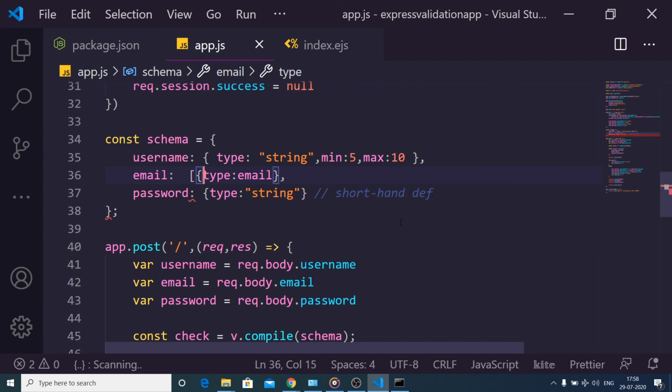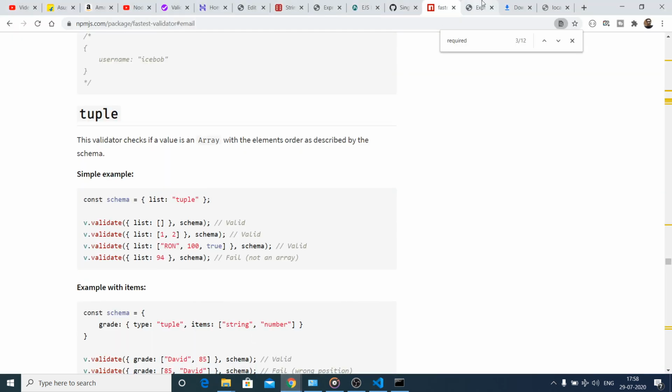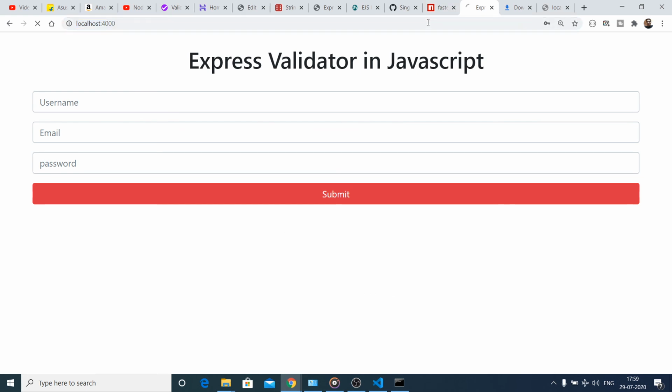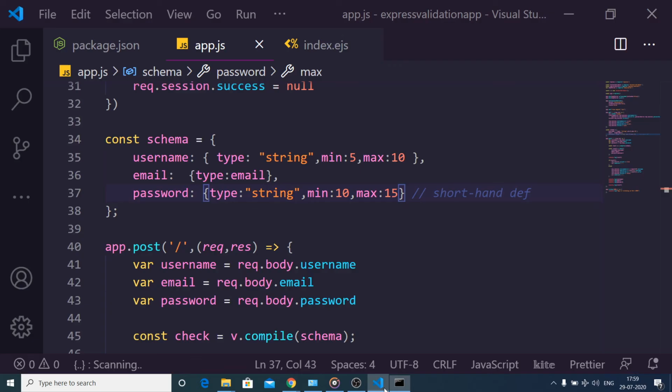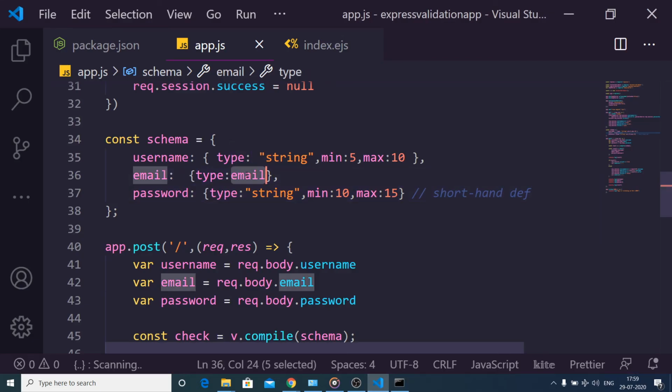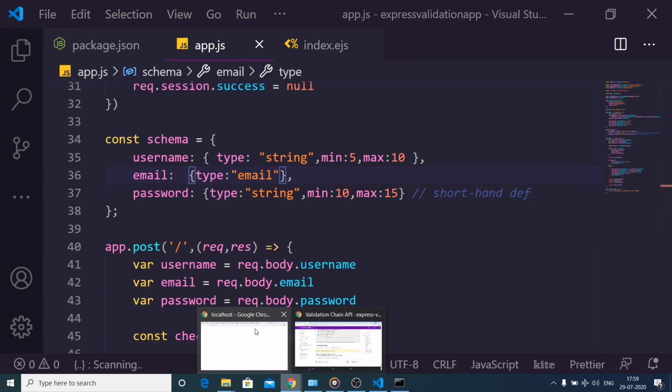remove this, and let me also have a restriction min to 10 and maximum to 30 or 15. So if I just refresh it, hopefully you will see some validation messages coming here. Oh, sorry, we need to wrap it inside email. So that was the problem.